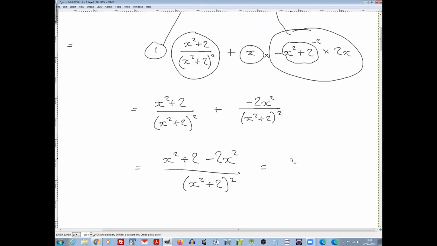Well, I was just thinking to rearrange it. But there's no factor common to all three terms, is there? So we would need 2 pairs of brackets. It's overkill, isn't it? Because x squared minus 2x squared is minus x squared. So I could write minus x squared plus 2,